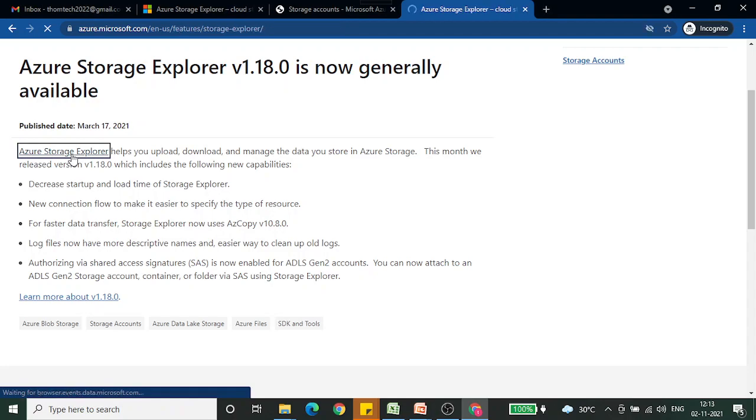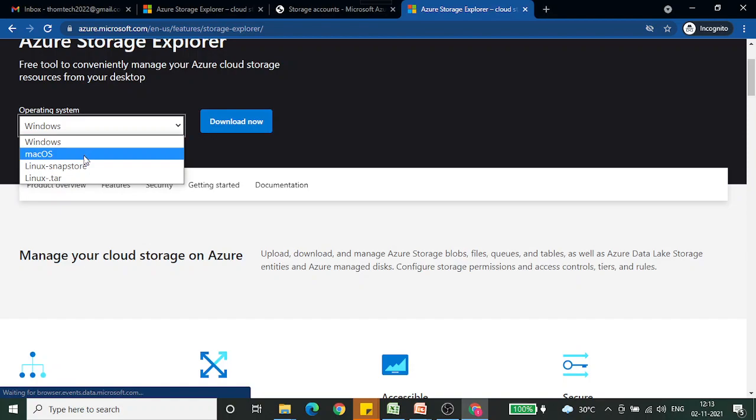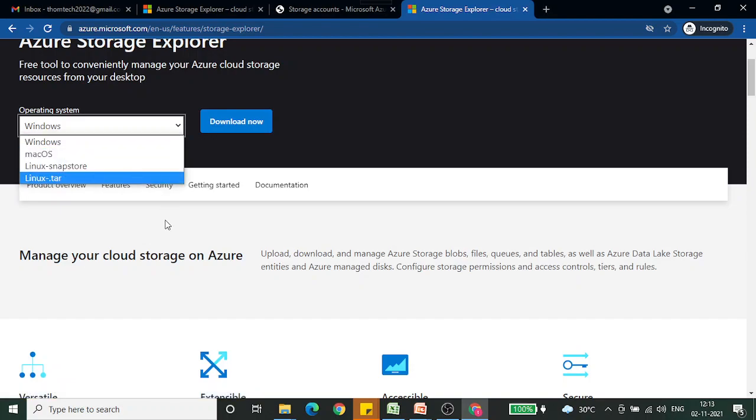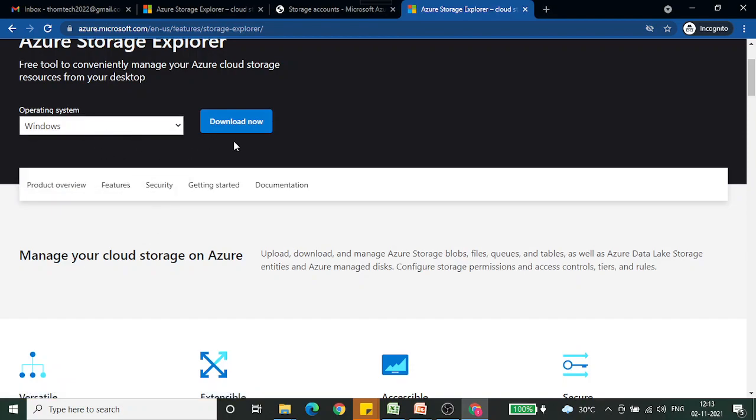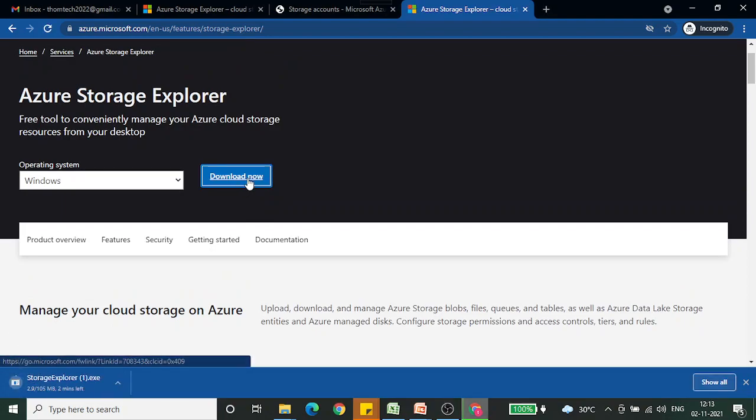Let's click on it, and you can see we have the operating system to be selected. Whatever operating system you have, you can select that. I'm going with Windows. Let's click on download. It's around a 100 MB file, and once it gets downloaded, we can go ahead and install that application on our Windows machine.